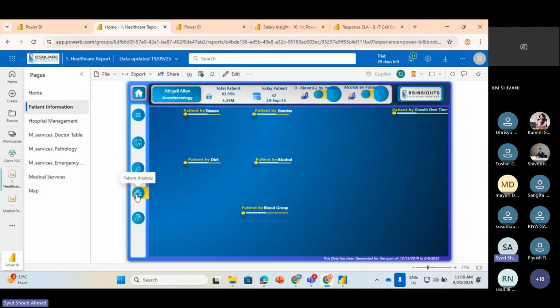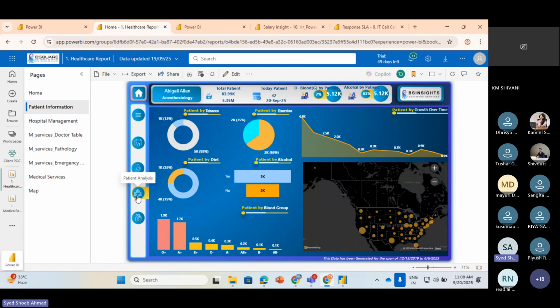So here I added different reports on a single page so that in a single page you can analyze maximum data. Here we also added department wise, so you can check which department, like cardiology, emergency, pediatrics, how many patients and how much workload there is. And if you go to our homepage,